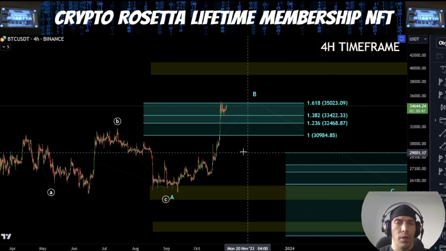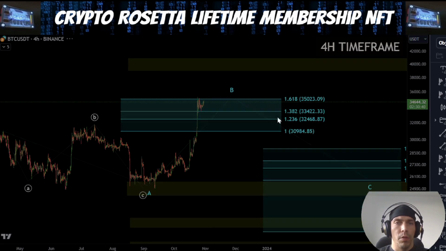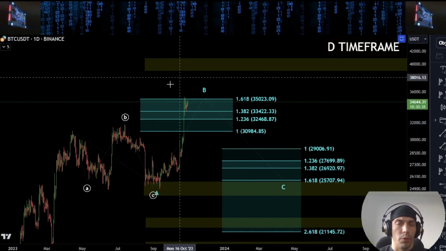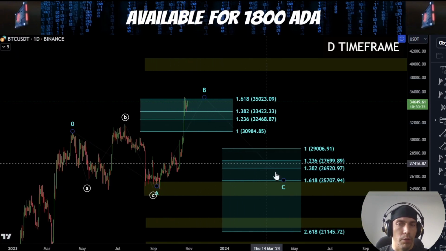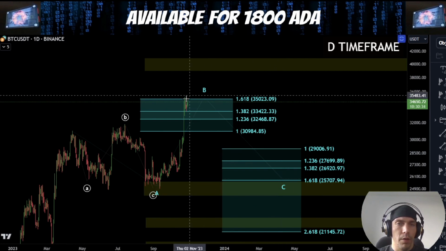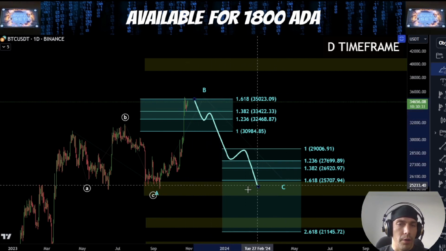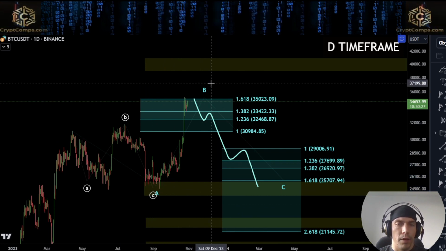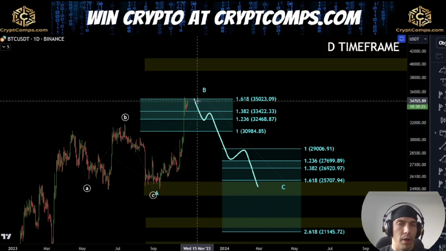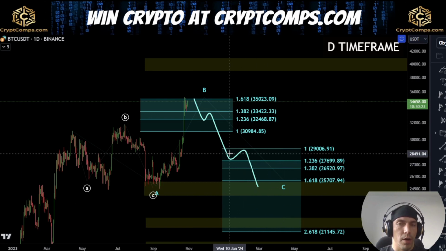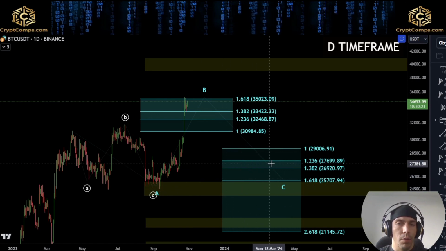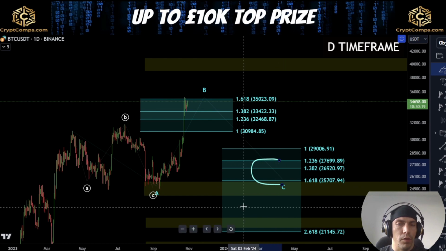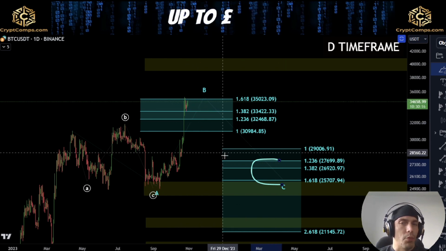Like I said, within the flat idea here, what we want to see is price looking for a rejection up here, and then looking for the C wave to start to develop in 5-wave structure. Ideally looking to sweep this A wave low here, because if this is a flat, it would be more likely that we're going to get an expanding flat rather than a running flat. But nevertheless, I'm going to be keeping an eye on these targets once we start to get a clear breakdown